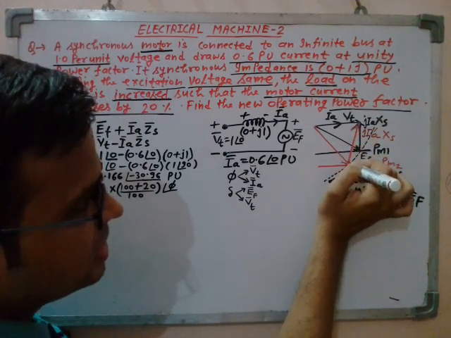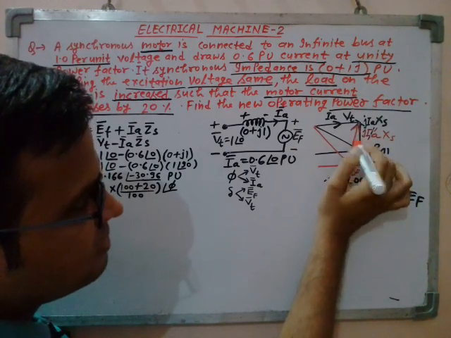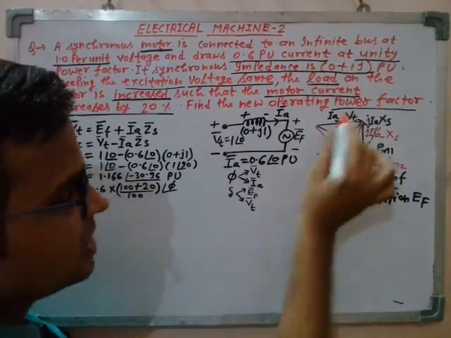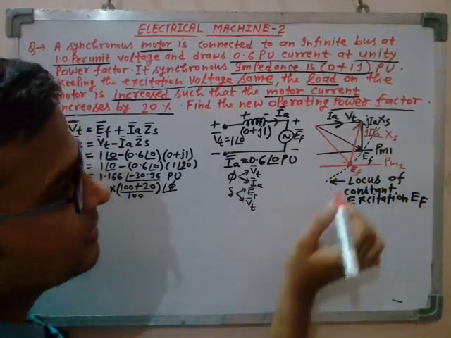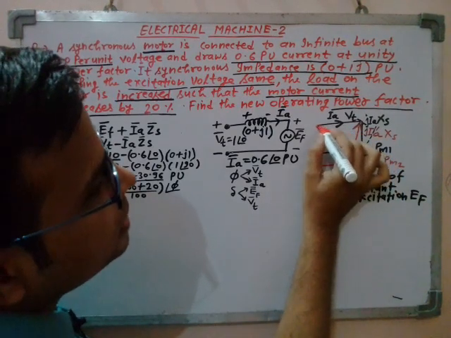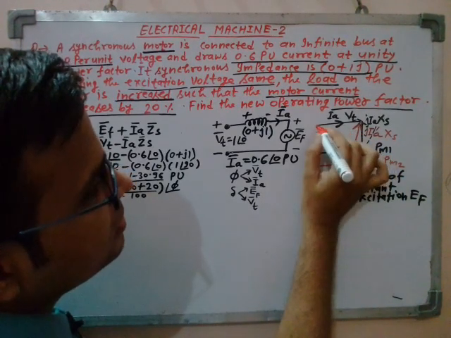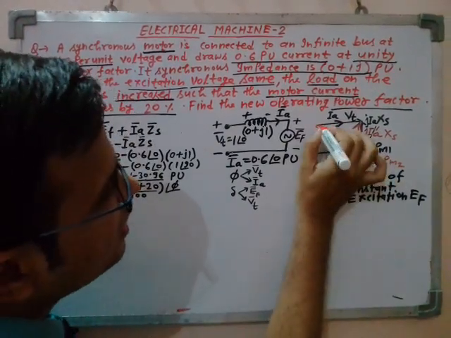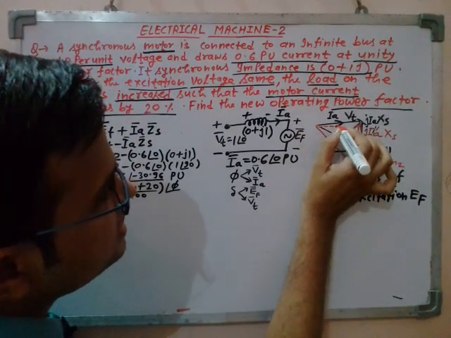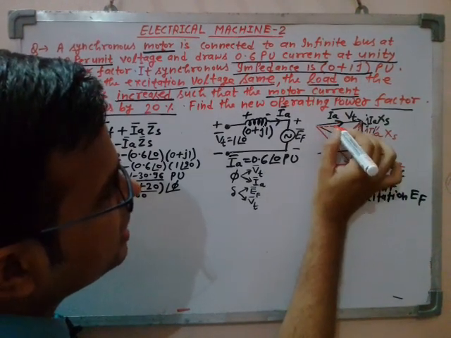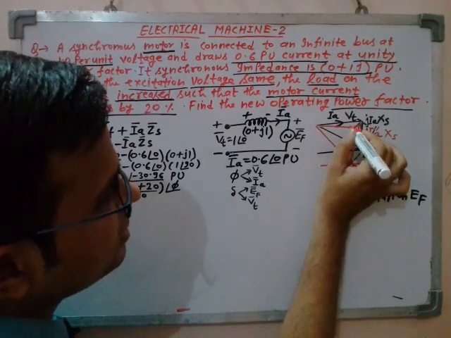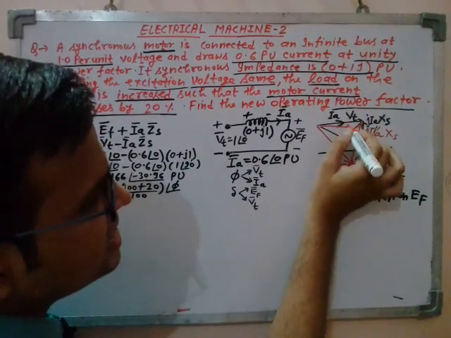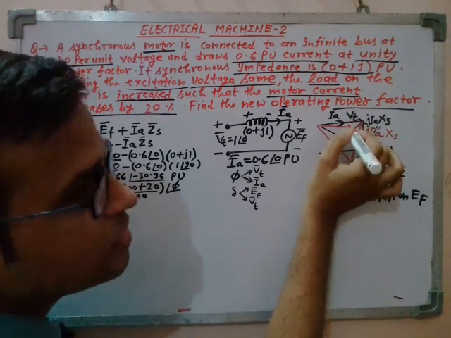See, which has been shown by this phasor, right? j IA times XS has now been increased. Armature current has now been increased by 20%. So if you analyze this, you will get the new armature current somewhere here, right? So is it lagging with the terminal voltage or not?